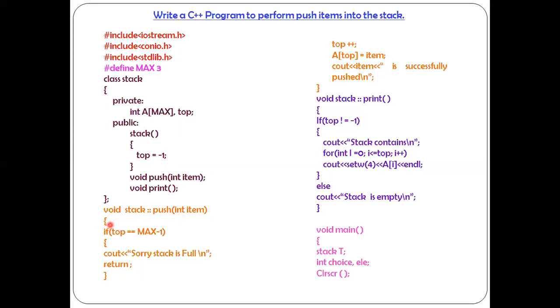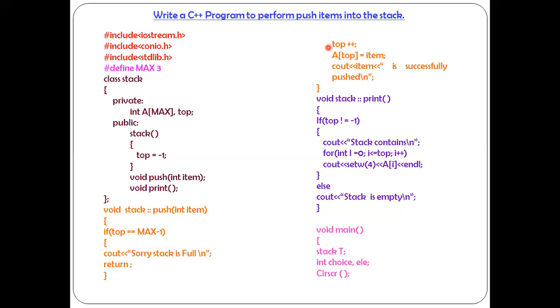Again, in the next line, open flower bracket, checking the condition. If top is equals to max minus 1. Top is 0. 0 is equals to 2? Max is 3, and 3 minus 1 is 2. 0 is equals to 2. Condition false. Condition false means I won't execute these two statements. I'll execute top plus plus. Last time top was 0 and this time 0 plus 1 is 1. What I said in the previous case, every time top goes on increasing by 1, especially during the process of insertion.